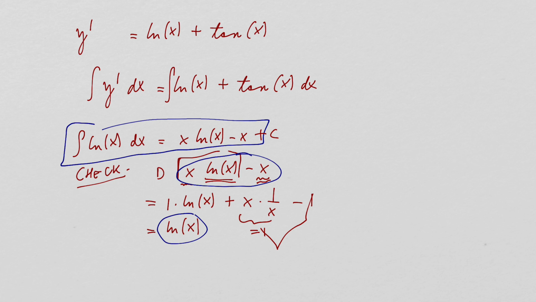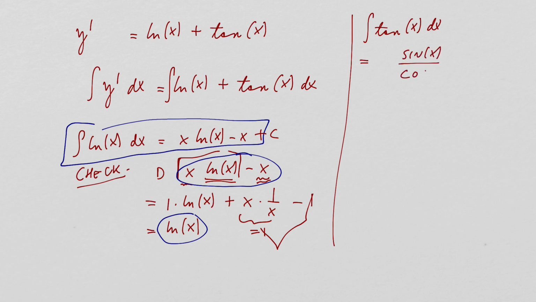Well, then the second thing, how can we integrate the tangent function? Tangent is sine of x divided by cosine of x. Let's add there a minus sign. Now, if we call cosine of x the function f, in the numerator we have the derivative of f. So we are integrating a quotient of